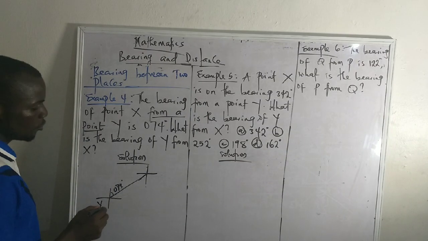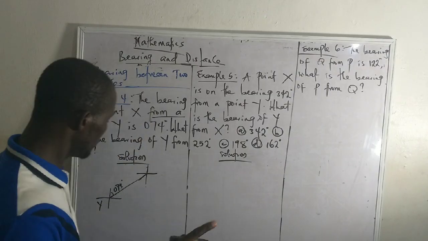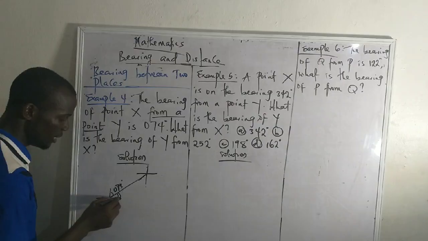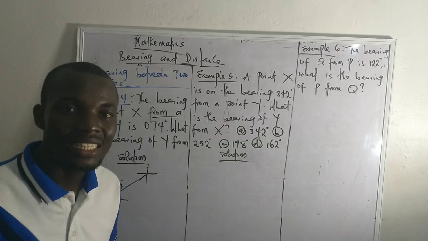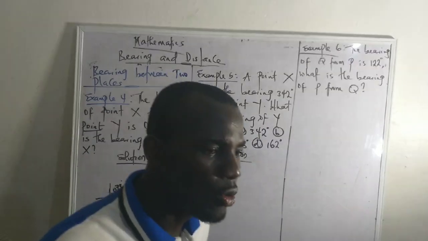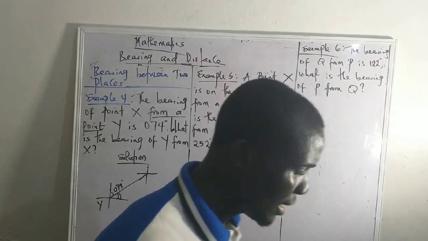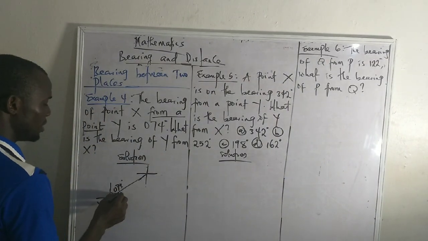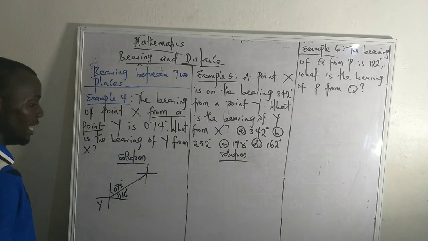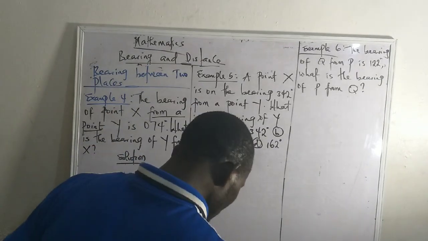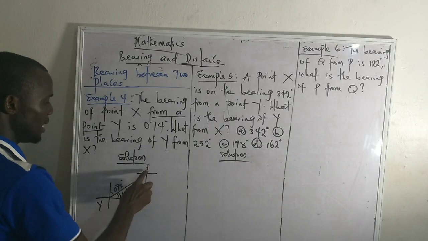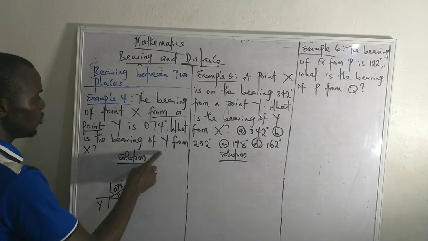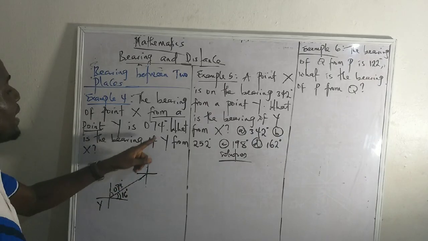And then it stopped at point X. Now if you look at this carefully, you will figure out that there is a small angle here that eventually completes the quadrant, 90 degrees. And what do you add to 74 to give you 90? Clearly you will note that the angle missing here is just 16 degrees. Now the question asks us to find the bearing of Y